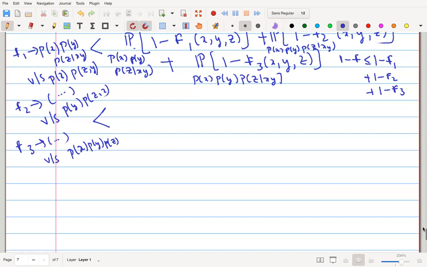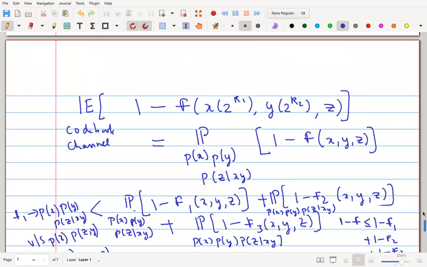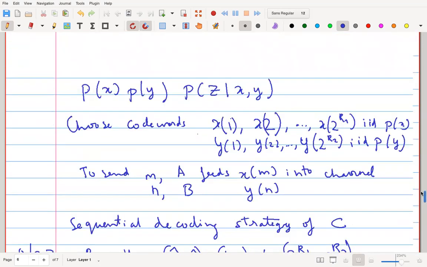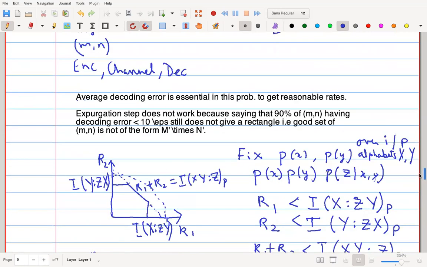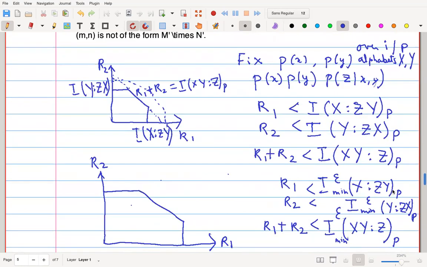Yes, so just let me flash what you wrote earlier. So these are the three hypotheses. The positive hypothesis is always the joint distribution between x, y, and z according to this distribution. It's just the negative hypothesis which keeps changing.